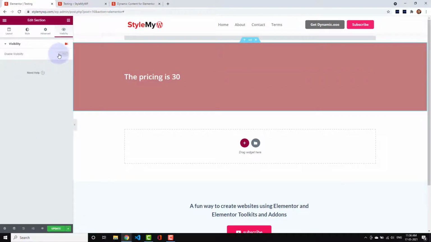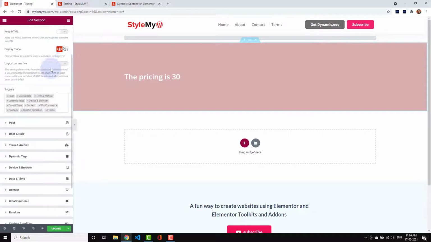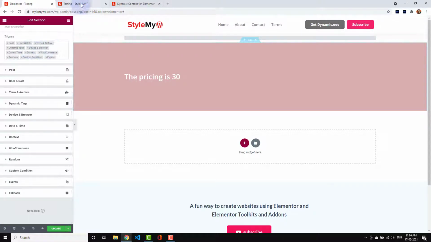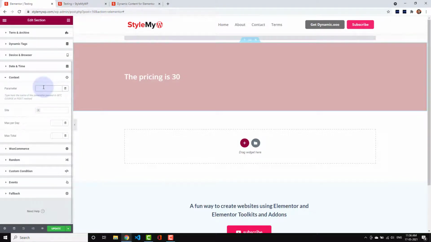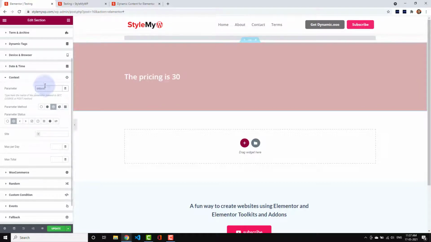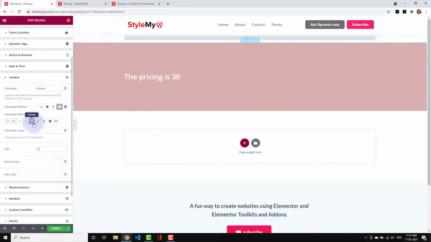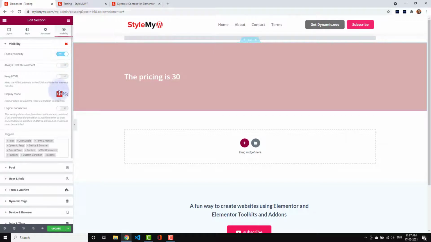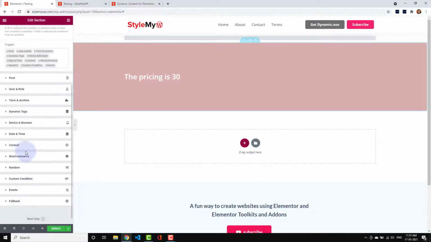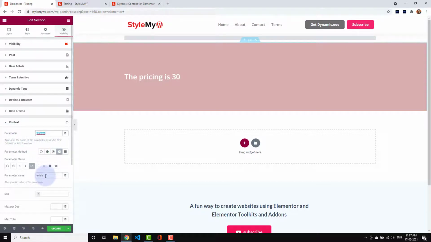I make a visibility condition that for the cookie you need to use context. I make a condition that my parameter named old user, what is the parameter type? It's a cookie. What it contains, you can also use valued or unvalued, or you can choose the exact value that it contains: exists. Then it will be shown when the cookie is set and its value under old user exists.